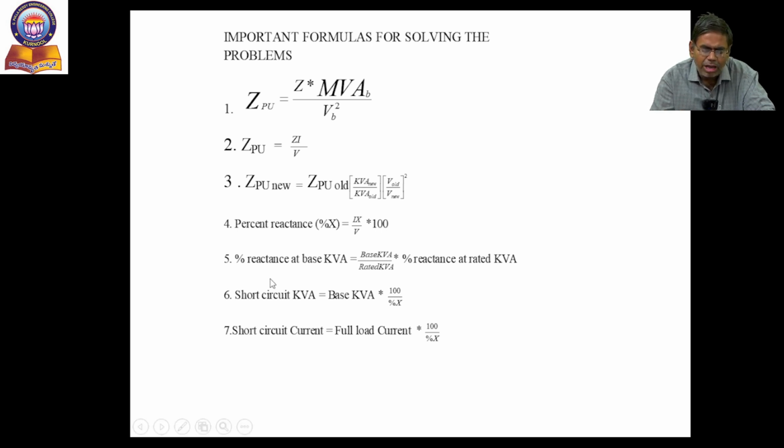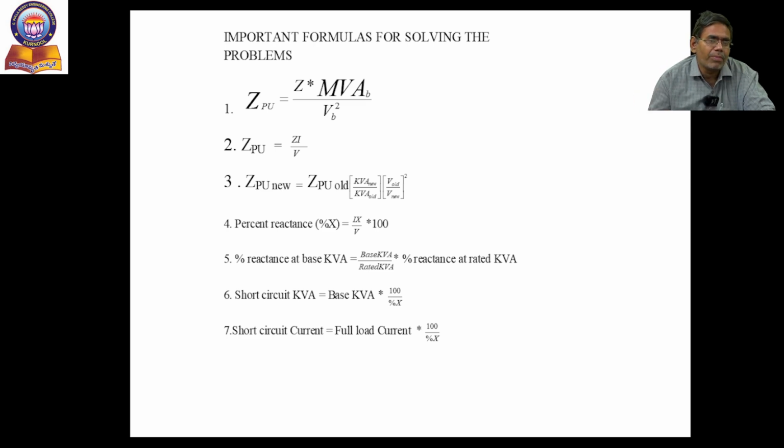Then to calculate the short circuit calculations, one is the short circuit current. The short circuit kVA is equal to base kVA into 100 divided by total percentage reactance. Short circuit current is equal to full load current into 100 divided by the total percentage of reactance. The percentage of X is nothing but total percentage reactance that can be calculated from the